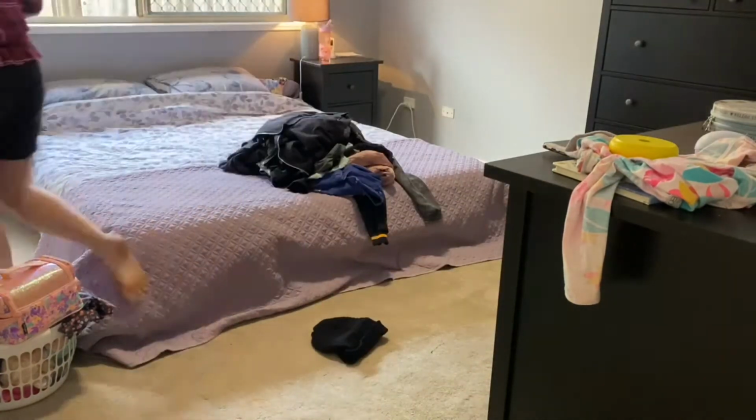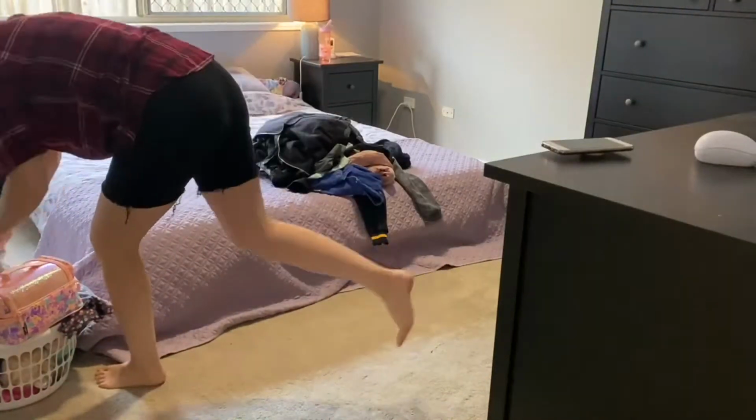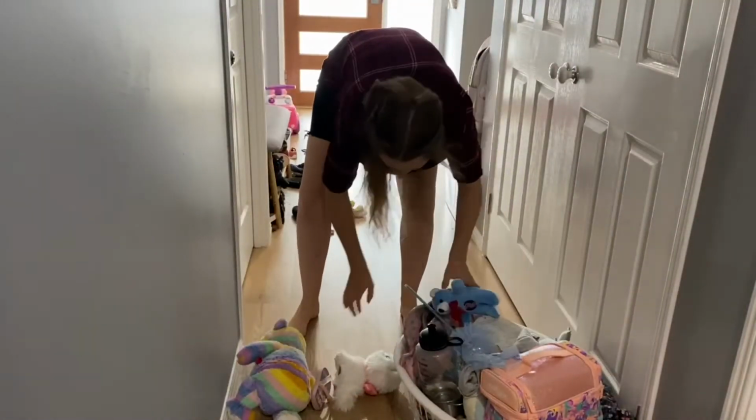But I knew I wasn't going to have time to fold the laundry today, so I just stacked it up on the bed and then gathered all of the random stuff that the kids have left once again. And I actually finished a bit early in here, as you can see, so then I decided to use that extra time